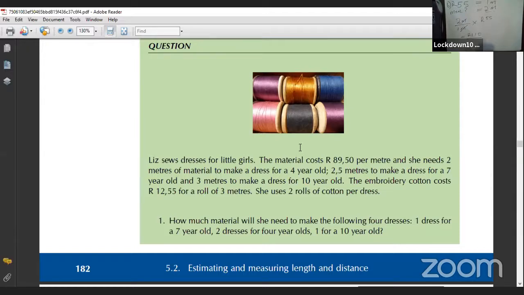So the next question reads, Lee sews dress for